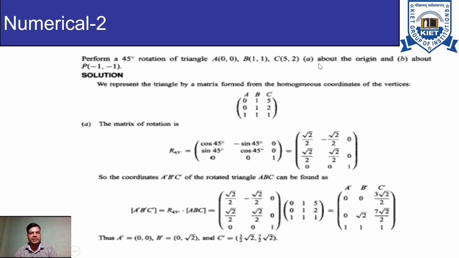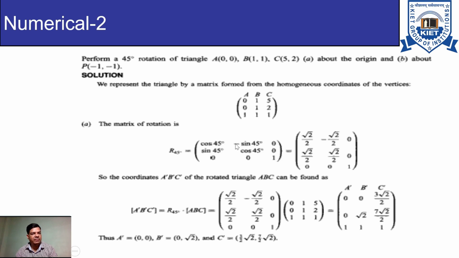First we have to rotate the triangle with an angle of 45 degrees about the origin, and second about the pivot point P (-1, -1). In the first part, that is rotation about the origin, we can directly apply the matrix, which is cos theta, minus sin theta, 0; sin theta, cos theta, 0; 0, 0, 1, and